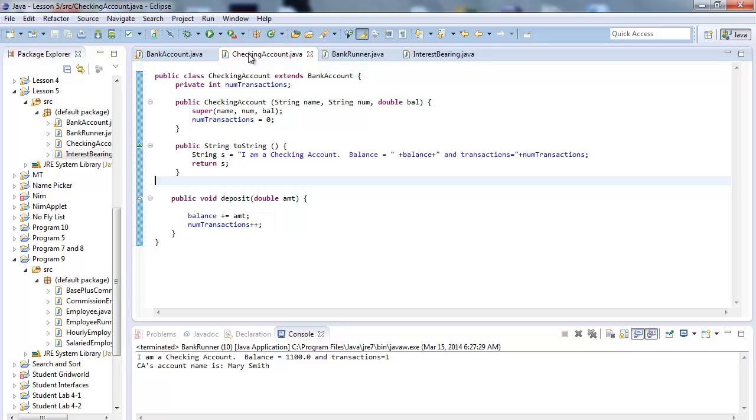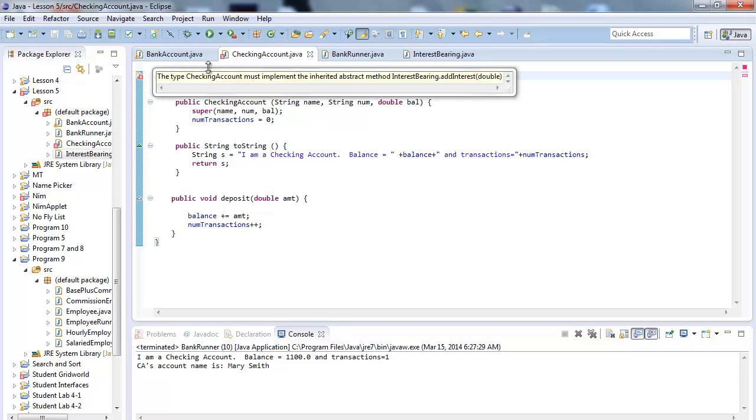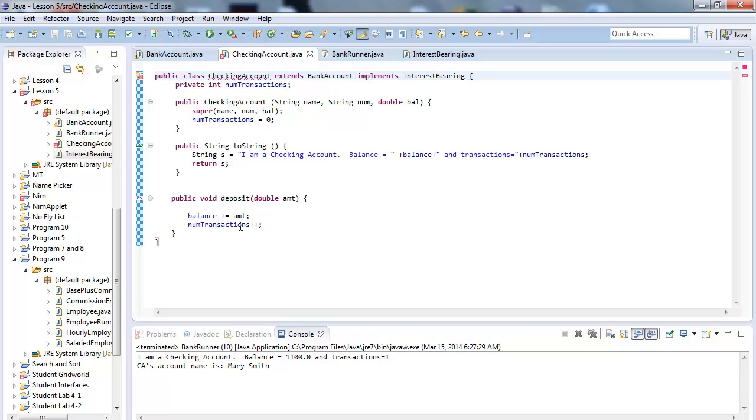I'm going to make my CheckingAccount not only extend BankAccount, but implement InterestBearing. When I save this, notice Eclipse says, hey, you have to implement the inherited abstract method InterestBearing.addInterest. Okay, so let's do that. Let's put in public void addInterest(double interestRate),